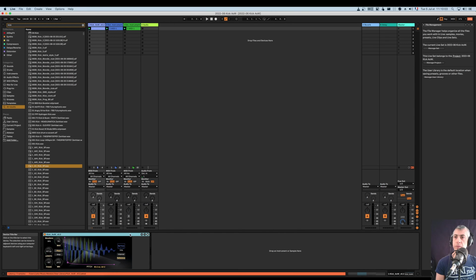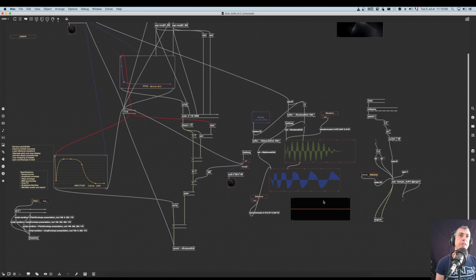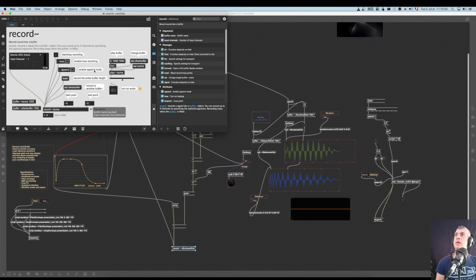No. The display is not changed accordingly, so maybe we have to wait a bit. 50, which doesn't seem to correspond to my actual value. If I just click here, I see that it's not 50 that I'm expecting. So this bang message is probably sent a bit too early before my kick is actually rendered. Sometimes you need to synchronize stuff, and record is not sending a bang anyhow